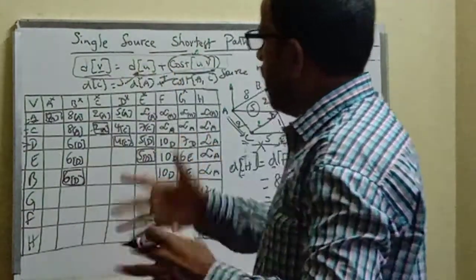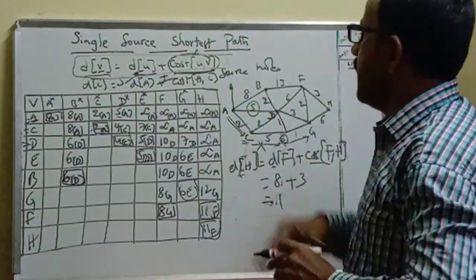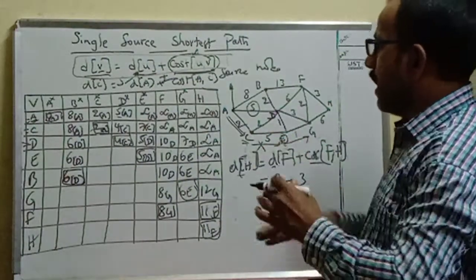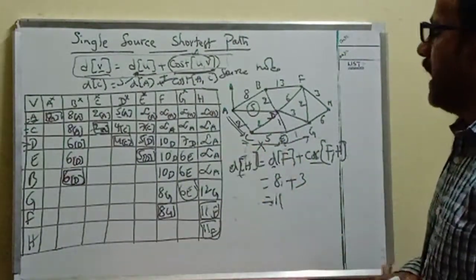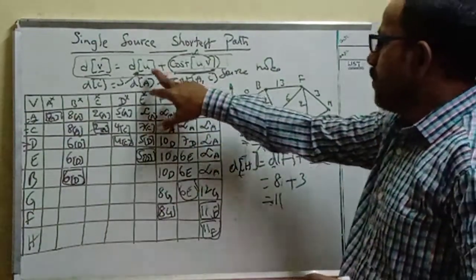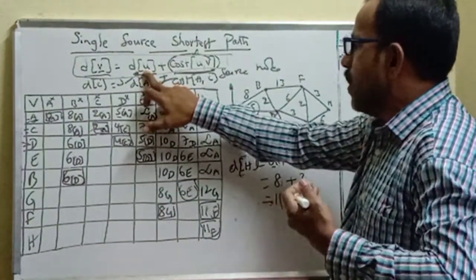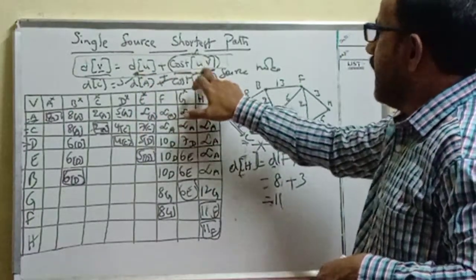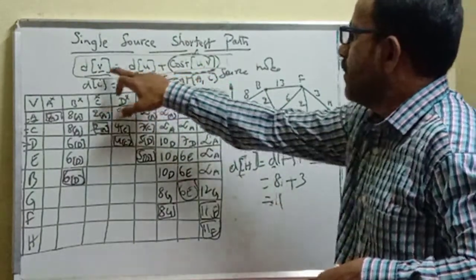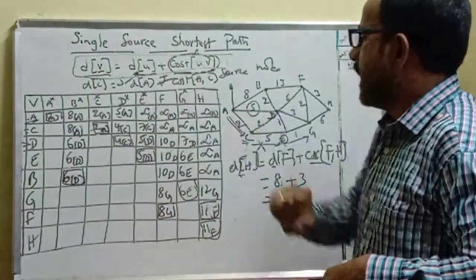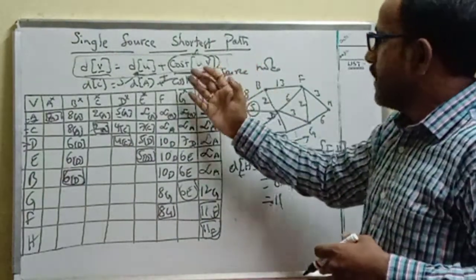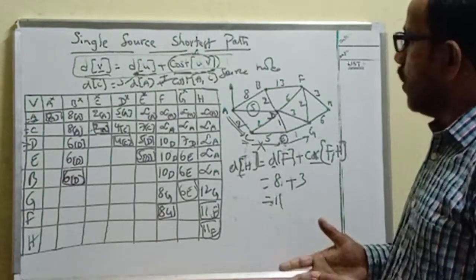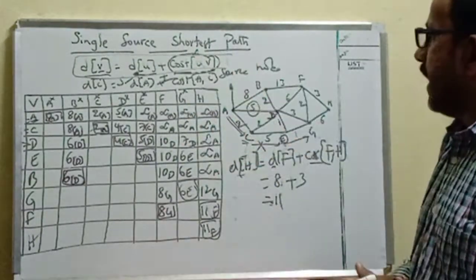So you can replace V with any number. We can replace any V with any number or any character in the graph. But here, this row is the previous row, or previous step, shortest distance node from the source node. You are supposed to consider the previous step's shortest distance node from the source node as the intermediate node for the current row or current step. If there is any edge between the shortest distance node from the source and the selected node, then add that particular edge cost to this cost and verify whether it is smaller than the previously calculated value by using another node in the previous row. If it is okay, then include it. Otherwise, keep the previous value as is.